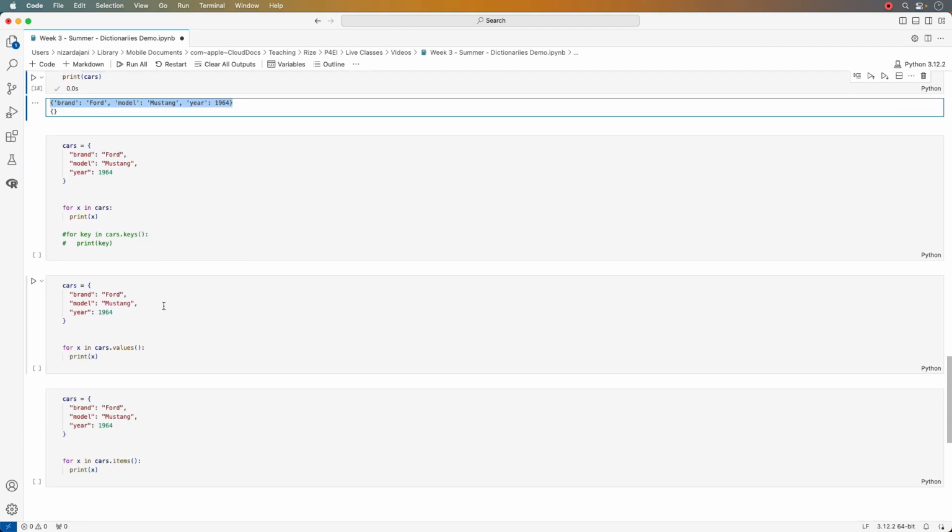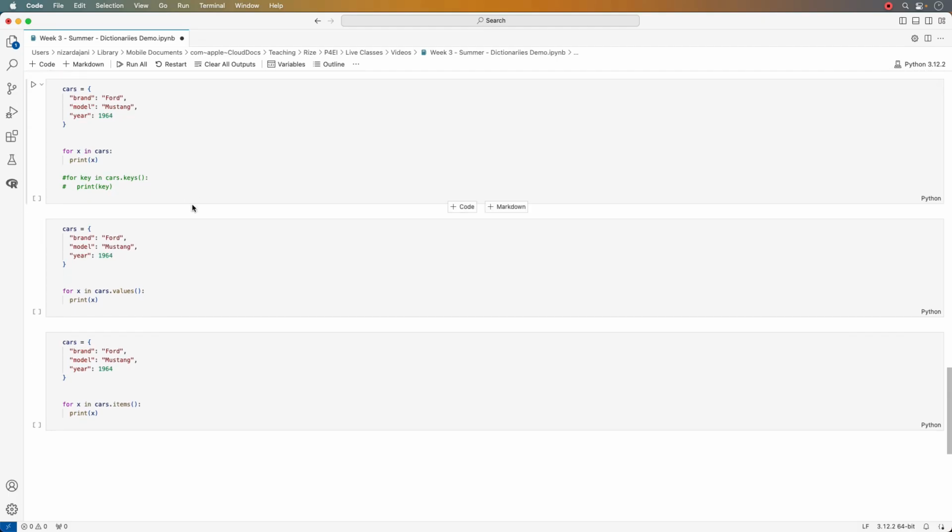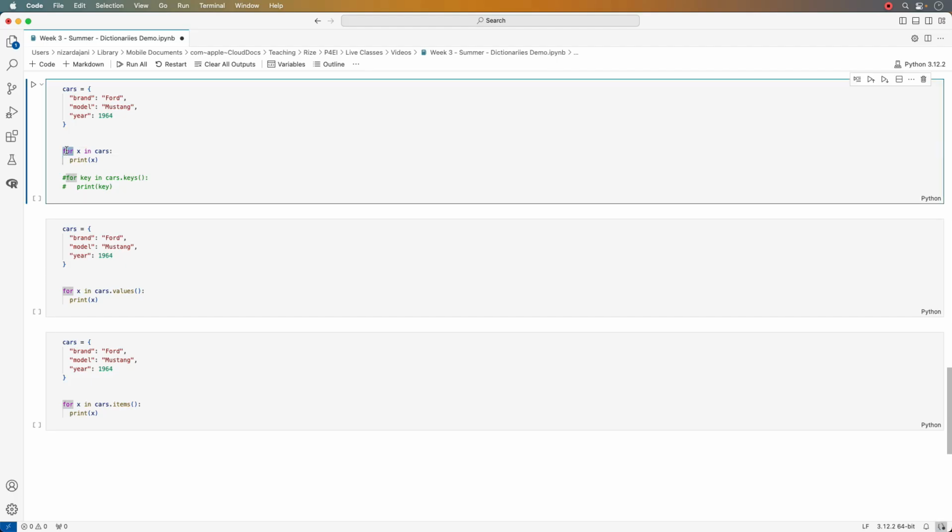And here we can also loop through a dictionary list of items, just like we did with lists. But again, we haven't covered loops yet. So for is the reserved key, x is an iteration variable, in is another reserved keyword, and then cars is the name of the dictionary, which is a list of items or a sequence of items. So for x, for every x in cars, do this. Okay,